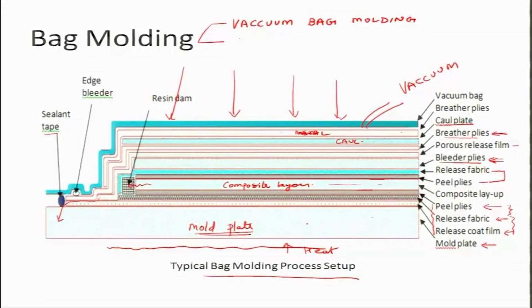The other one is pressure bag molding. So, in this case we do not use vacuum pressure. Vacuum pressure can only give you 1 atmosphere of pressure, but rather we put some extra pressure, we do not rely on vacuum. Okay. So, that is why it is called pressure bag molding. So, you put some extra pressure using some source of high pressure. And the third one is autoclave molding,